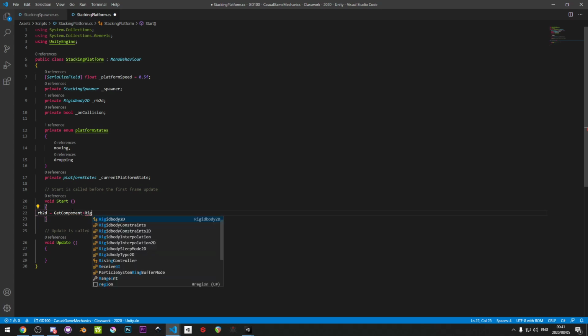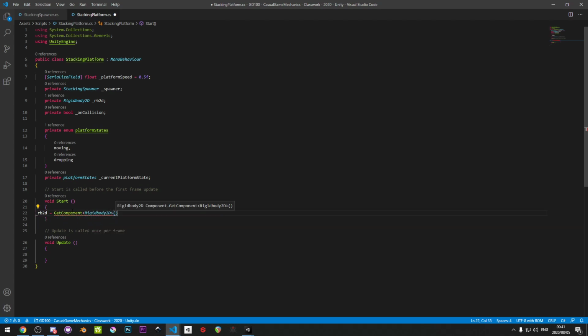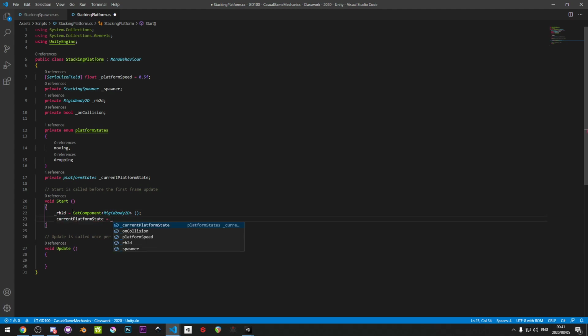So we're just going to say get component 2D like that, and we're going to set the current platform state to be equal to not platform speed. Let's try that again. Platform. Oh wait,